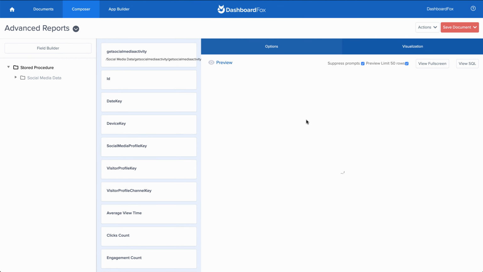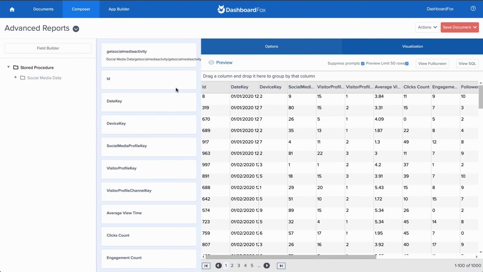But you'll notice because this is stored procedure data, I can't do options. I can't do formulas. I can't manipulate this data right now within the builder. That's where the other feature of the Composer comes in, the advanced reports feature, is now I can go back